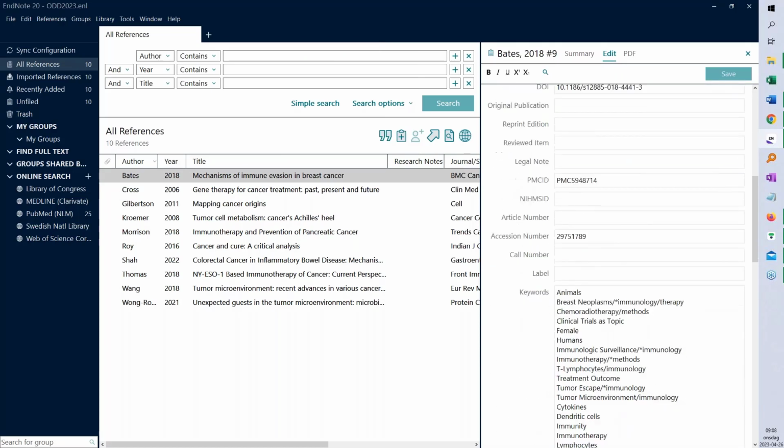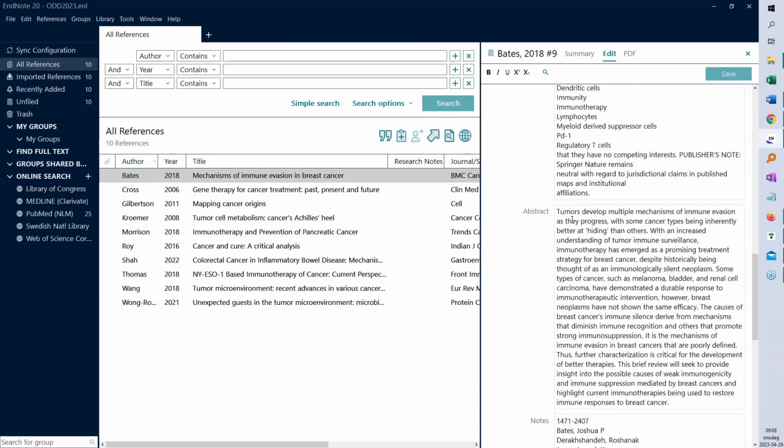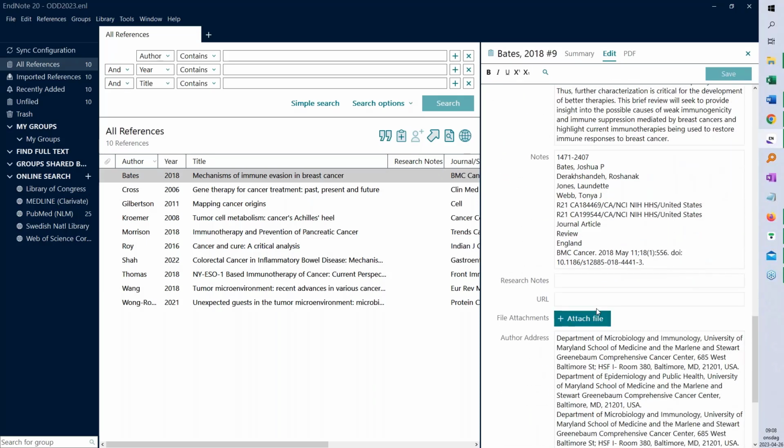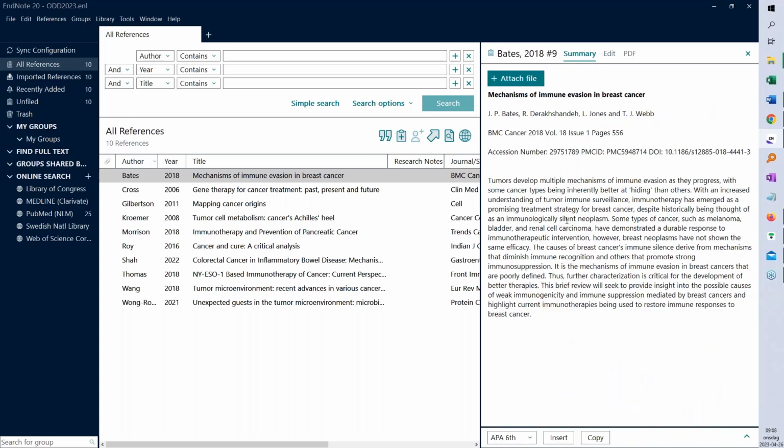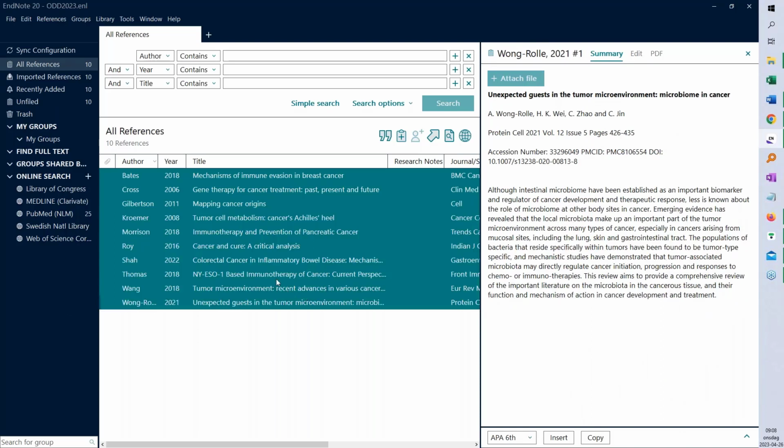And if we scroll down even further here, I'm going to keep on scrolling. You have an attach file button here. I click on that and I select the file I want to attach. But I want to make it even smoother in this case. So I downloaded 10 references here. I highlight them all, and I go